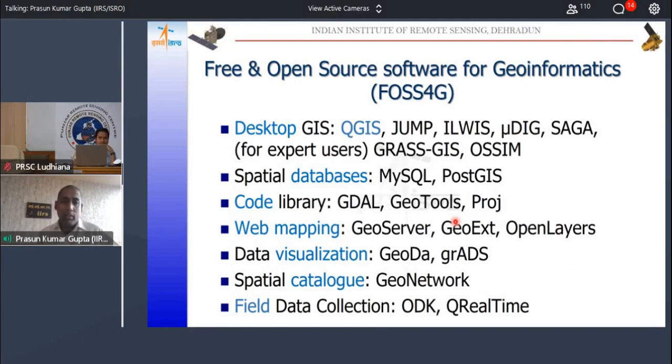So for example, if you are a simple desktop user, as in you want to create some maps, analyze data, make some web-based maps and all, you should start with QGIS, that is the one we will be demonstrating. If you are